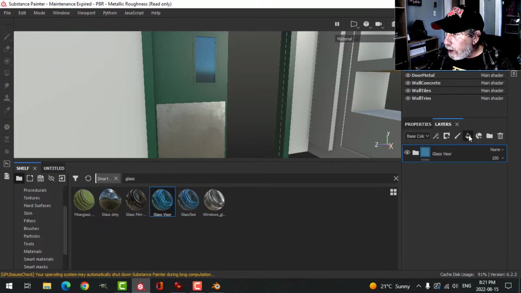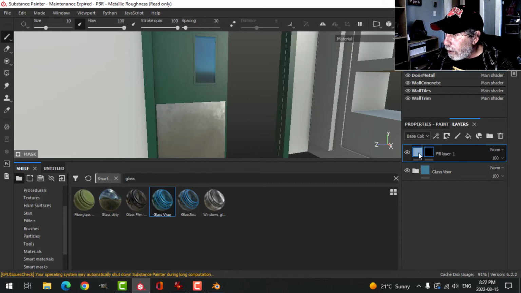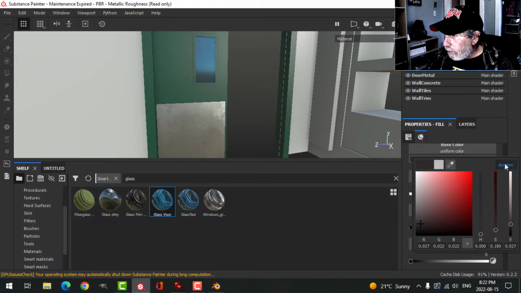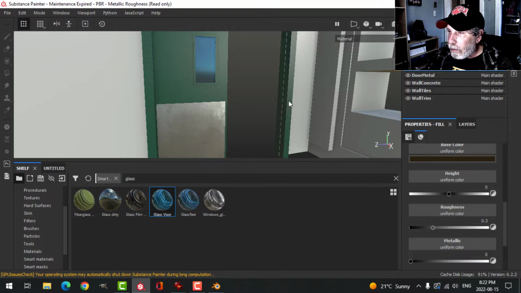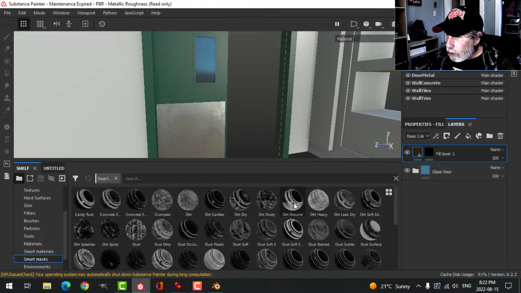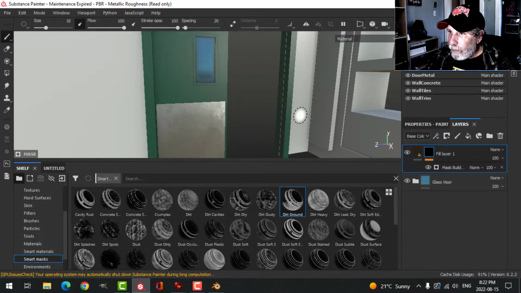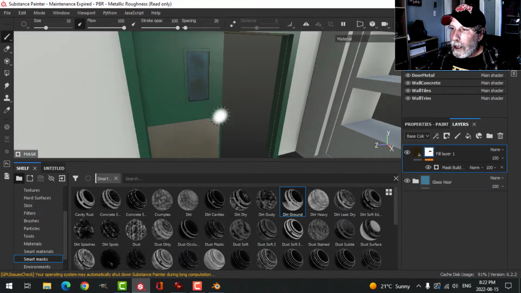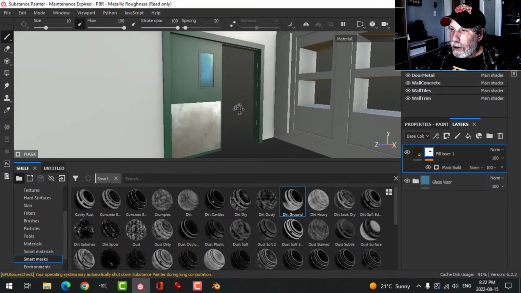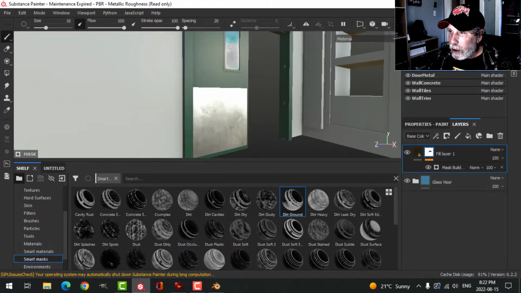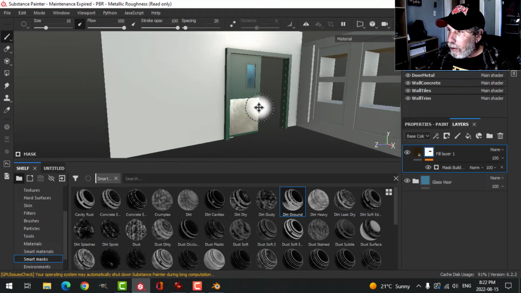And then I'm going to create a fill layer with a black mask. I'm going to change the color here to a dark, and we'll make it like a dark brown sort of. Start with that. And I'm going to use a smart mask, and the one I'm going to use is this dirt ground, and that'll give us some dirt around there. So that's going to be basically it for that door. Then of course there's going to be bolts on there, but we'll do those in Blender. No sense doing that here. All right, so